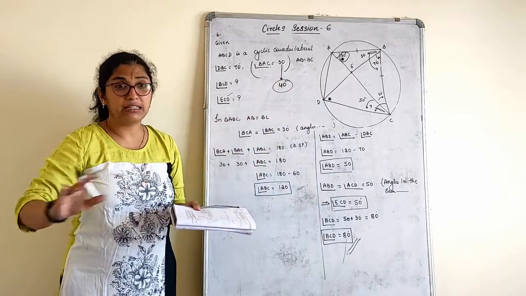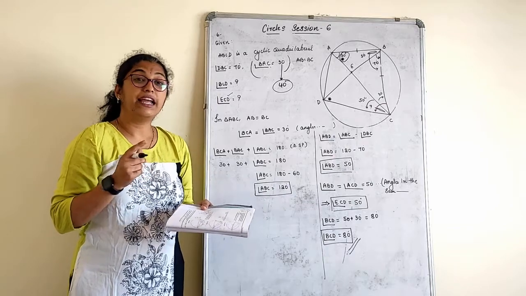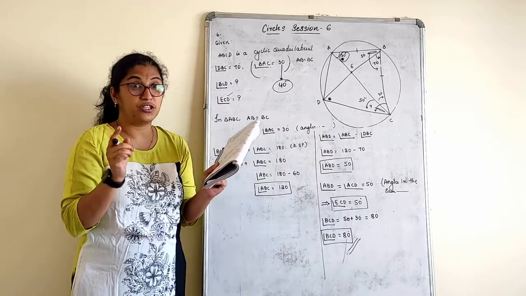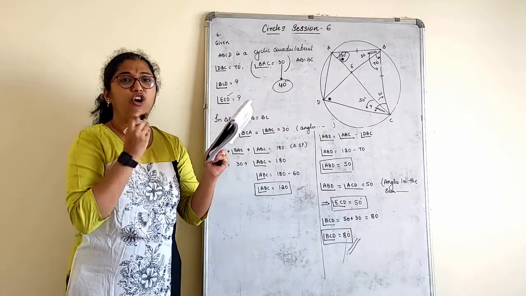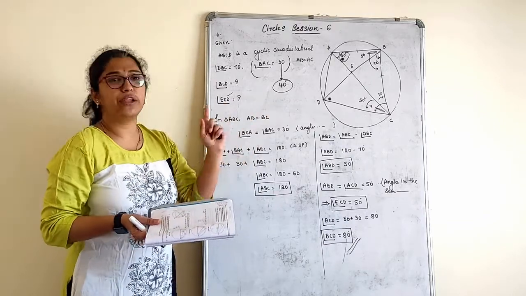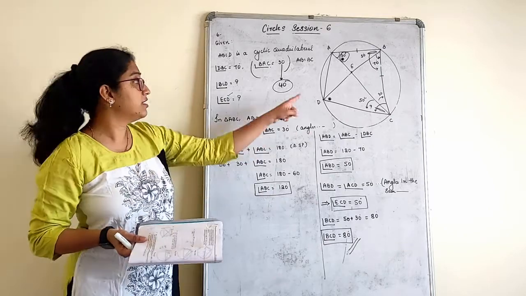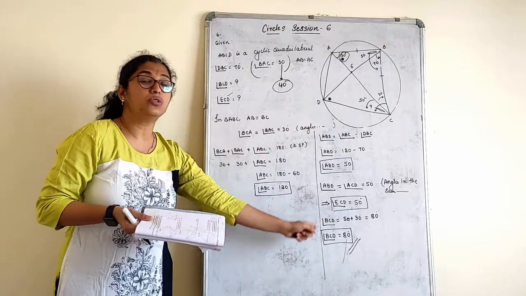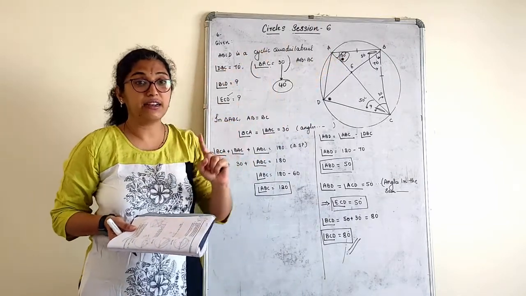If it is not there in your book, please don't break your head, because I have two books now. In both the books there are different questions. In one book it is 30 degrees, one book it is 40 degrees. I have already done for 30, so I will not do it for 40 again. In case in your book it is marked for 40, you go ahead with 40 and do the calculations with respect to 40 degree angle. Very clear on this part?